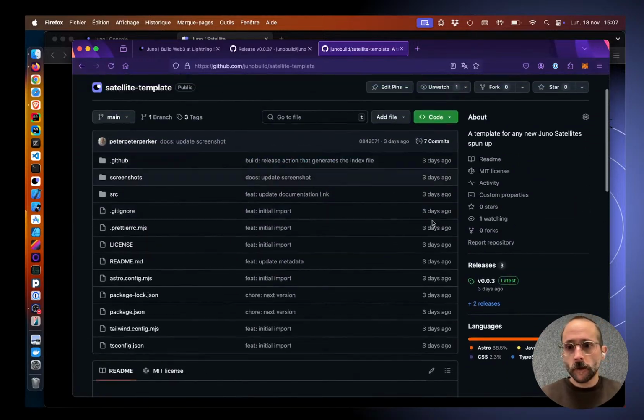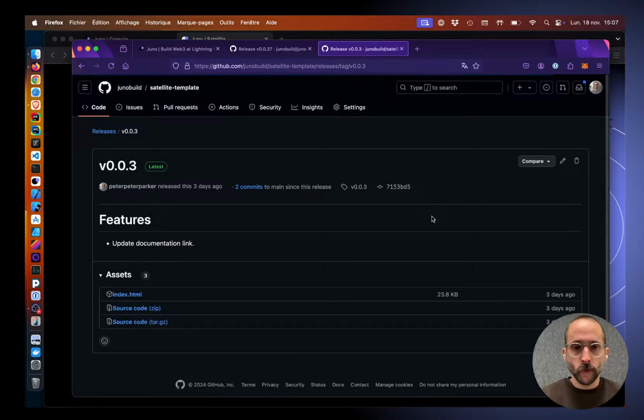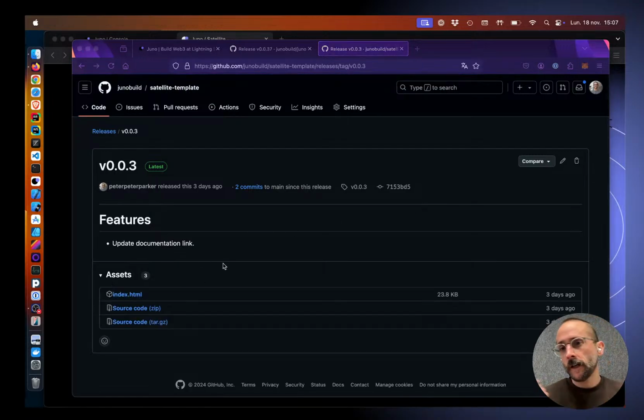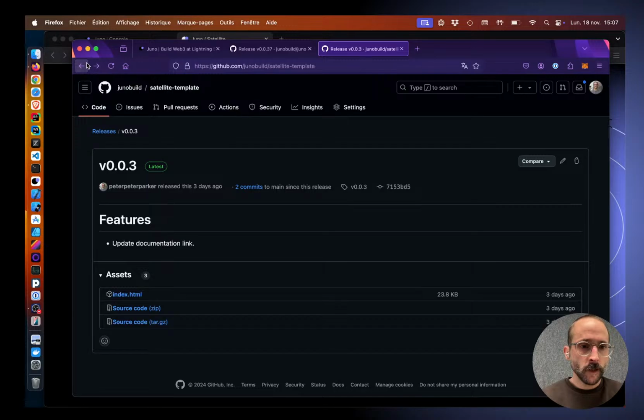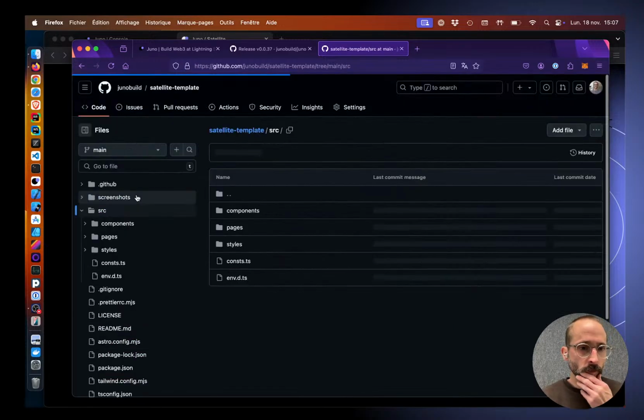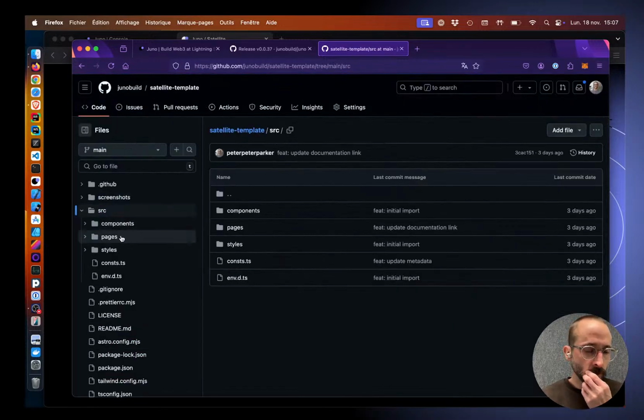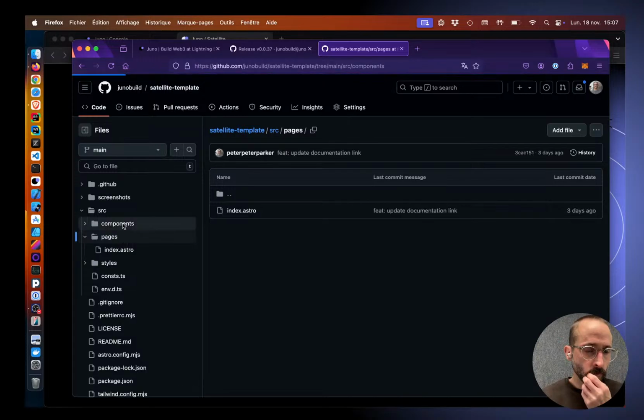So what it does is, every time it builds, it generates an index page, and then when I build the satellites, I get that index page and I put it in the satellites, which is not the interesting part. But one thing that maybe is interesting to know is that